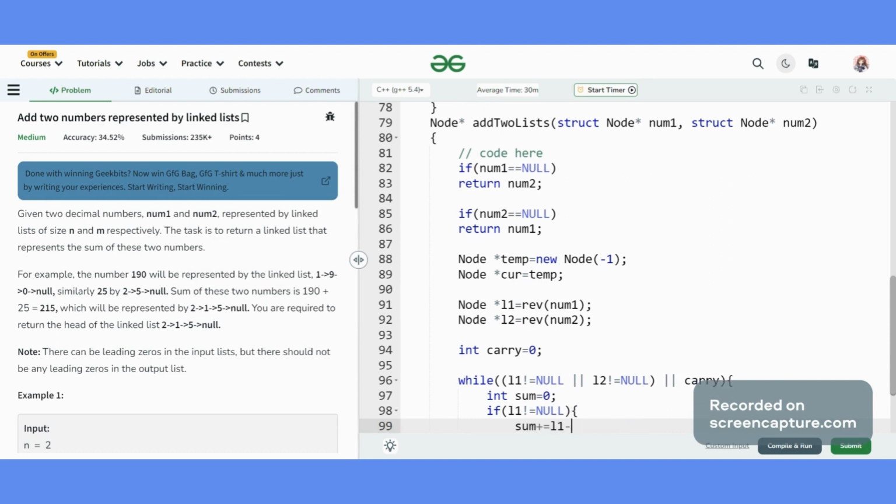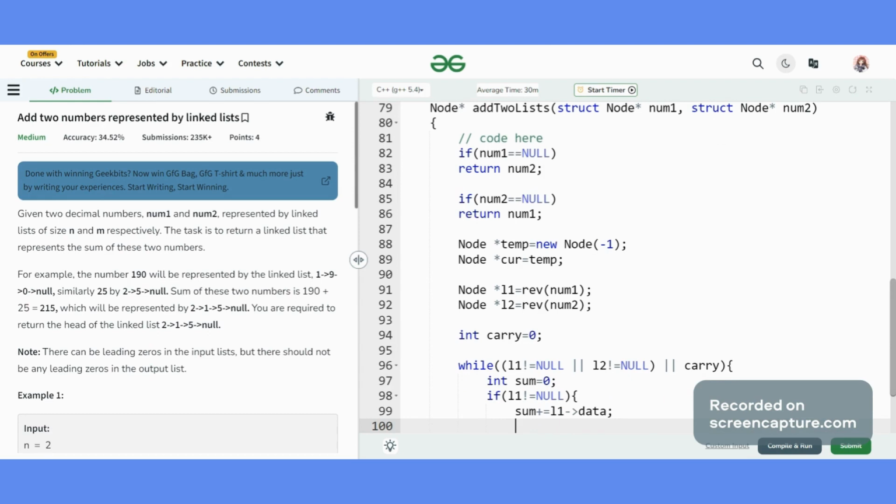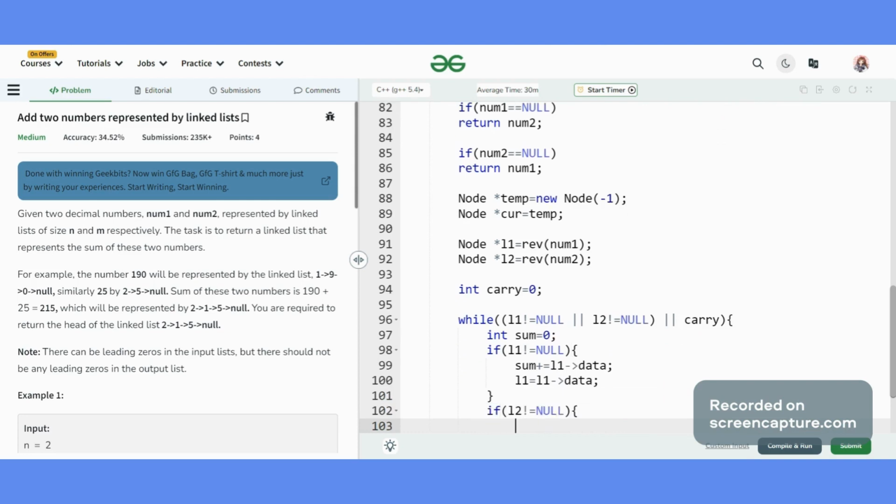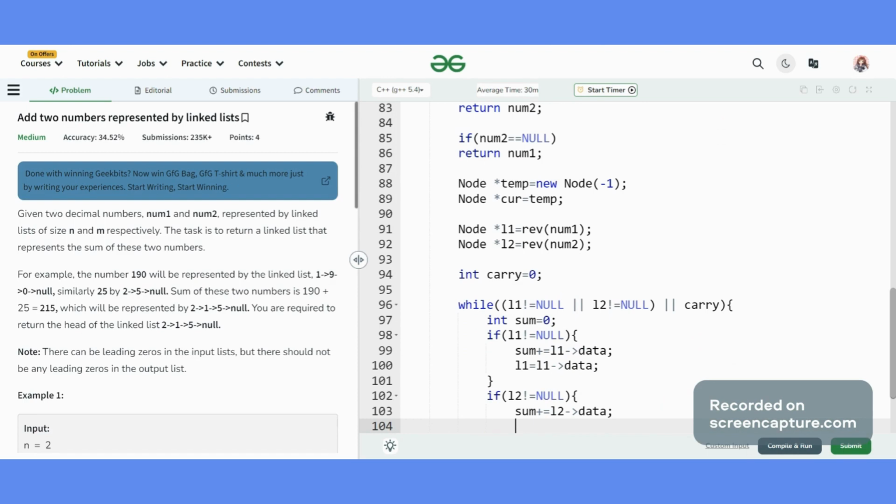We will add the data of the node of the first linked list and move to the next node. If my L2 is not equal to null, we will add the data of the node of L2 to our sum, and move to the next node.